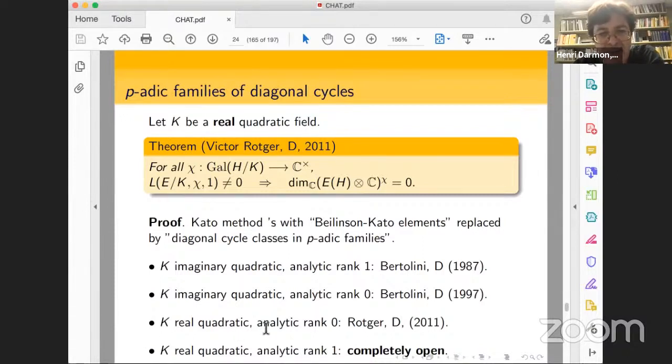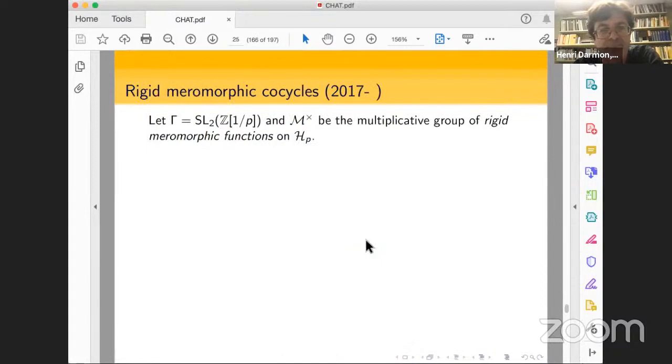So that's the situation. And I should say that the proof of this theorem really involves transposing a method of Kato, which it took me a long time to understand this connection, but it really is an extension of Kato's method, replacing his so-called Beilinson-Kato elements by certain diagonal classes in p-adic families. Okay, so now I'll talk a little bit about, in my remaining 10 minutes or so,